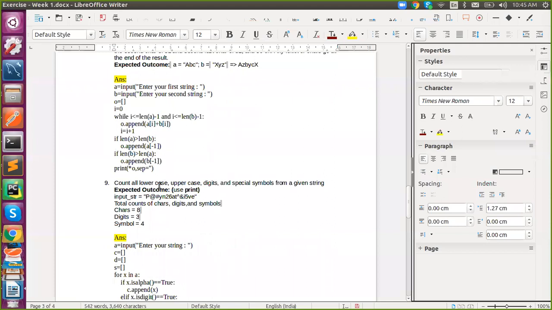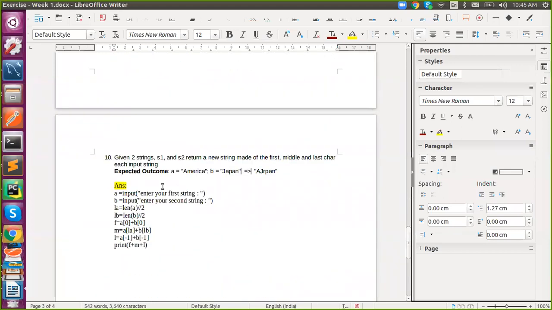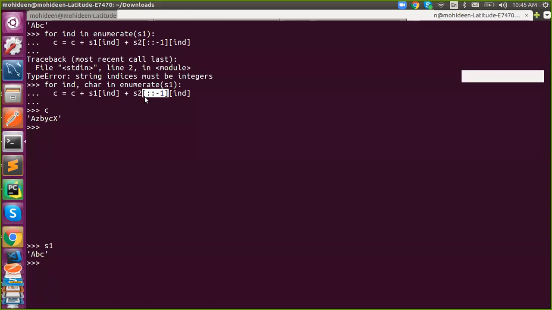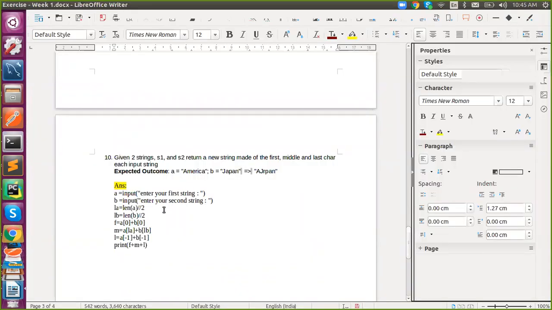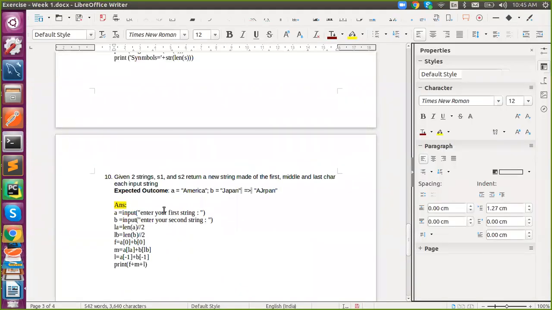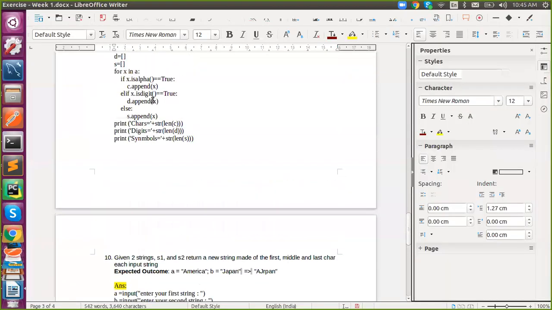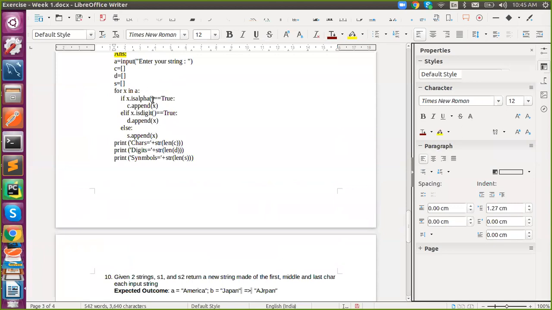We'll explain this exact program while we're talking about for loops. The next one has the same solution, because here we need to add based on an index. Just remove this, and this will be the answer for question number 10. It is the exact same one, except we don't need to reverse, just pass the same index. We'll discuss both when we talk about for loops.